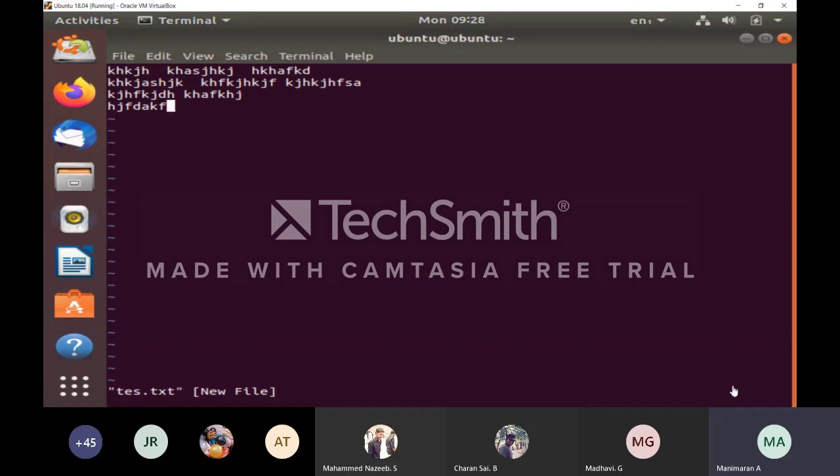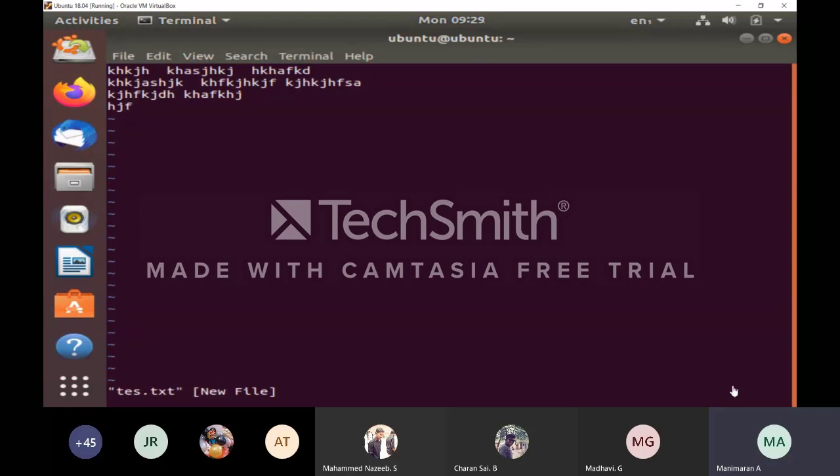Likewise, many commands are there. If you use small i, what is that? Wherever the cursor is there in your file, at the same point if you want to insert, you have to use small i. Okay, capital I means beginning of your current line. In the PPT also I already explained to you, you can practice one by one like this. If you want to delete, for example, I want to delete F, then what I have to do? First we have to keep the cursor there, come out from this. Now the cursor is on F. Now we have to press x, then deleted, K deleted, A deleted, D deleted, like that. Small x means delete the current character.